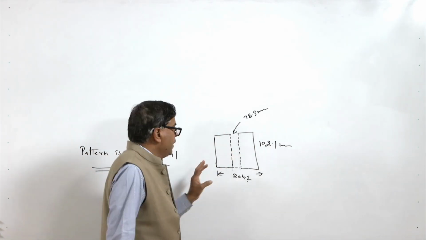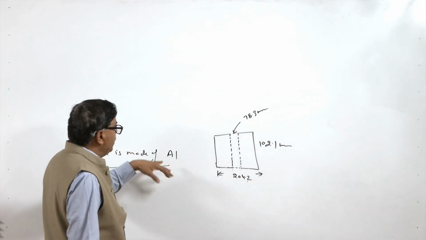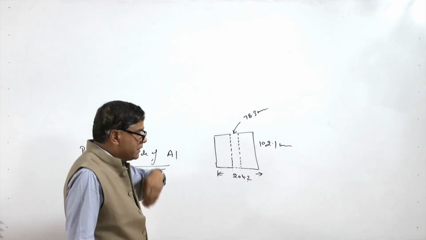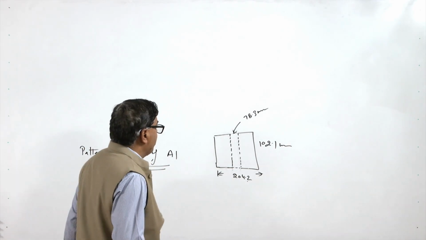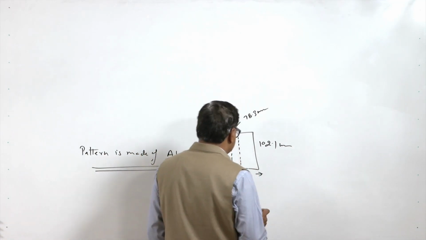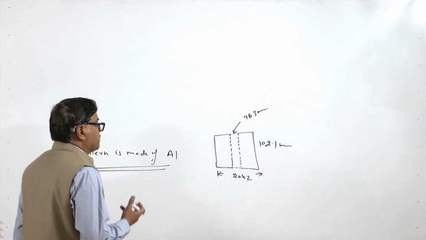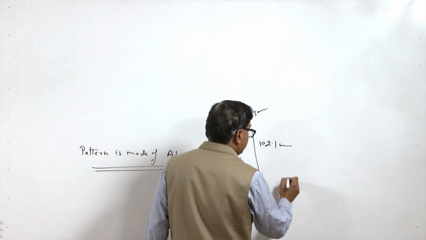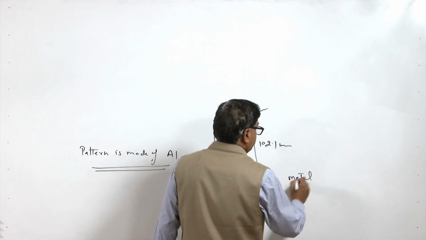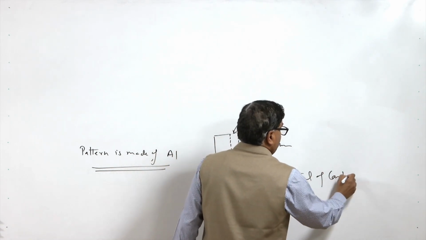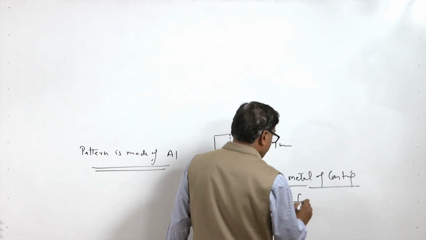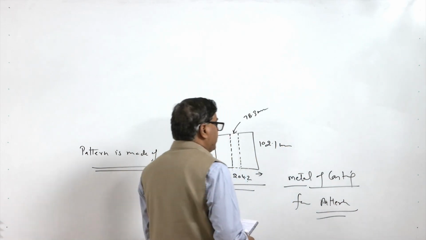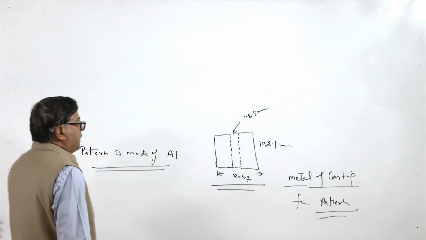made of the wood. But if the pattern is to be made of the aluminum, then again the aluminum pattern is to be made by the casting process, and that is why the double shrinkage allowance needs to be provided, and the double shrinkage allowance will be used as per the case. So here we have considered initially the shrinkage allowance for the metal of the casting for making pattern of the wood. But if the pattern